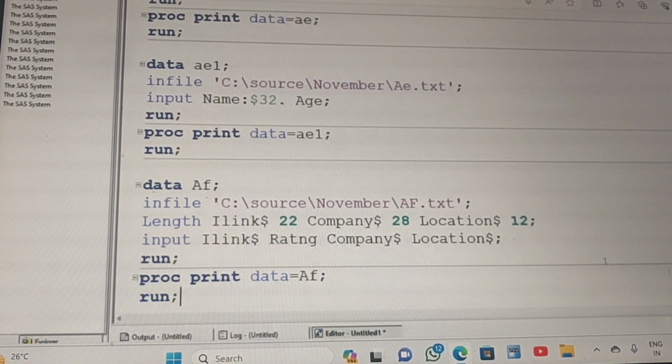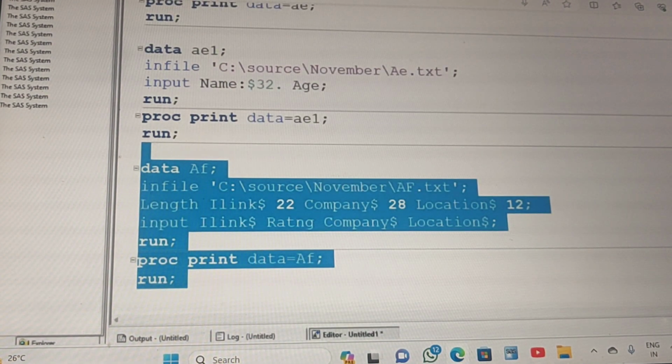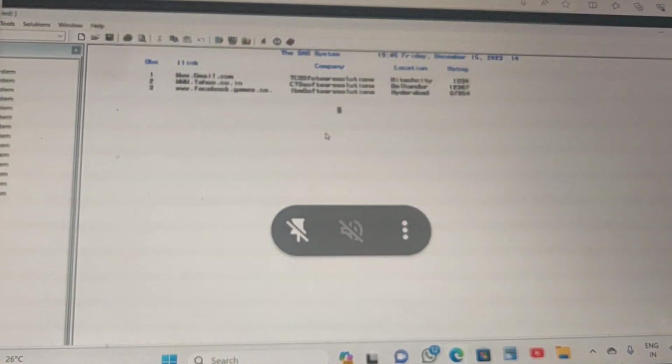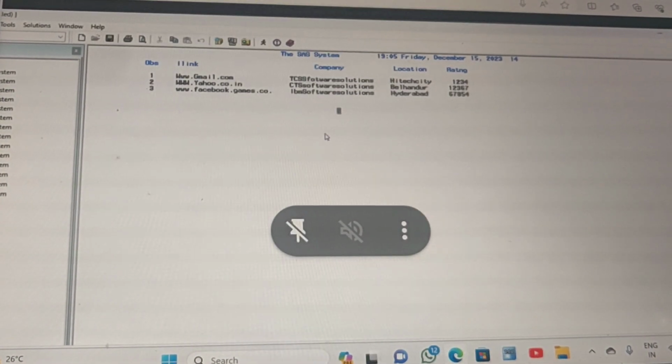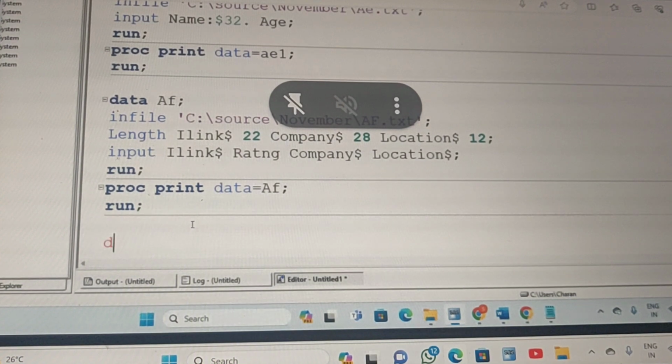Wait, we are changing our order, right? Yes. Okay. Now I-link, company, location, rating only. Okay, clear. This is our output. Yes or no? Yes. Now next, please use the